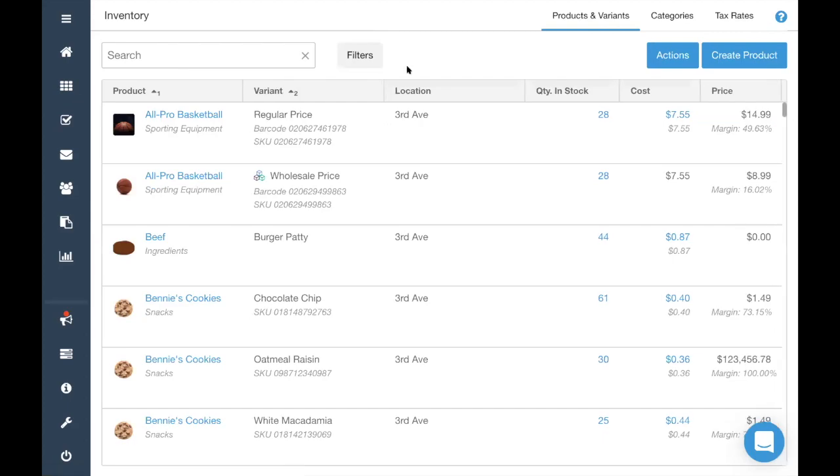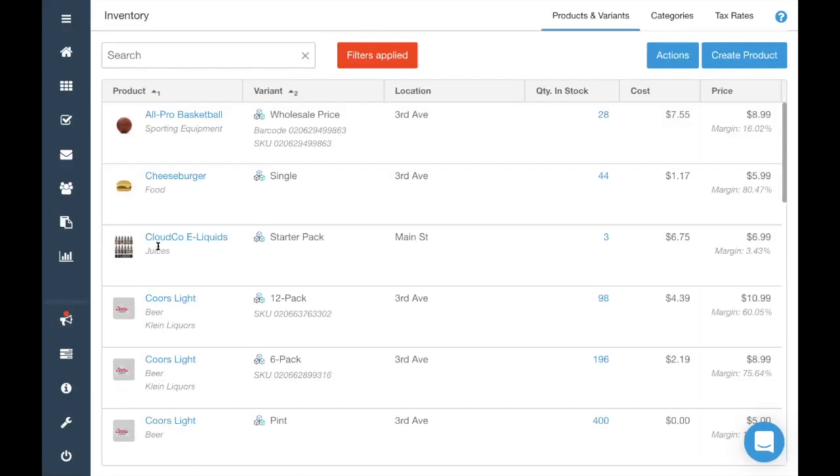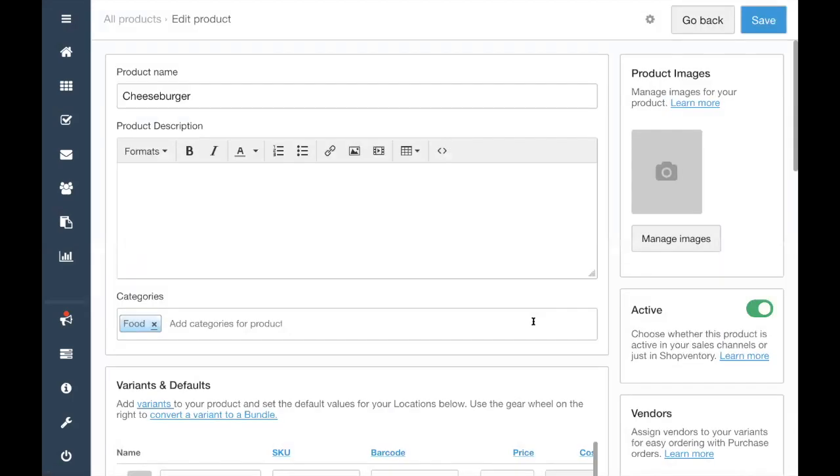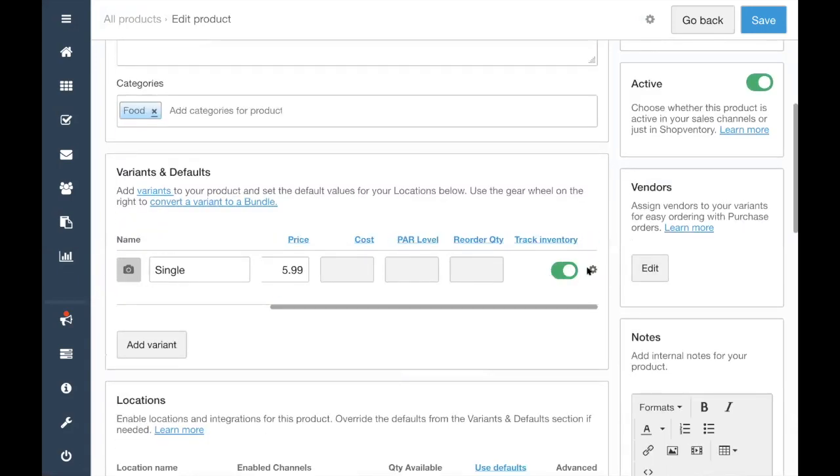All right, so briefly, let's also touch quickly on bundles. So you heard me mention bundles. A bundle really is just a product made out of another product or another set of products. So for example, my cheeseburger. Very straightforward here. My cheeseburger requires beef and cheese and bread, and I can add other things too. But if I go to manage the bundle here,